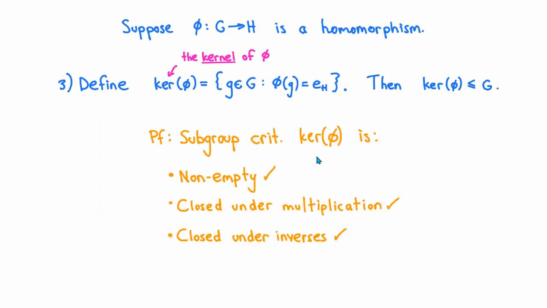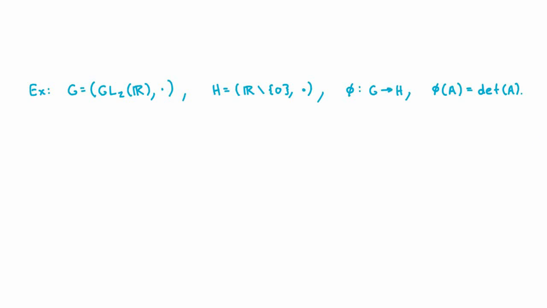Now that we know that the kernel is a non-empty subset of G which is closed under multiplication and taking inverses, by the subgroup criteria we conclude that it is in fact a subgroup of G, therefore completing the proof of property 3. We're going to use property 3 a lot in what follows, but just to give a simple